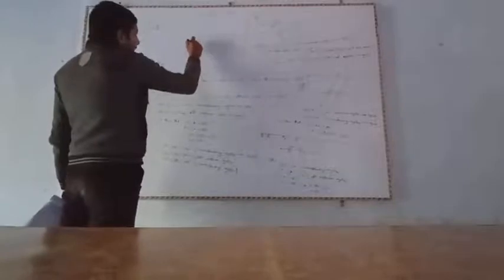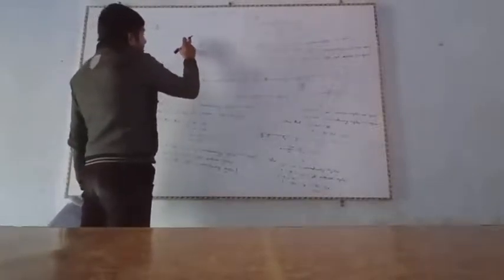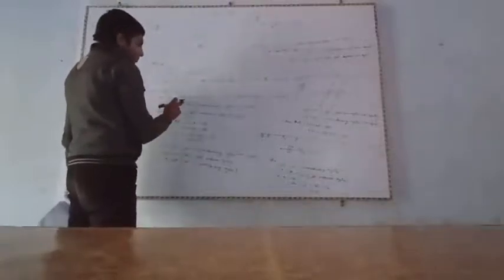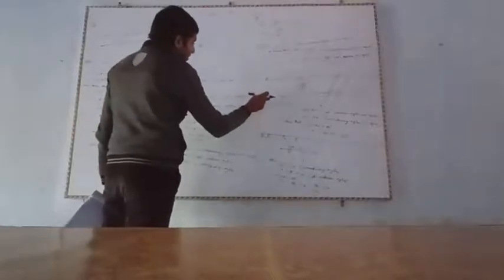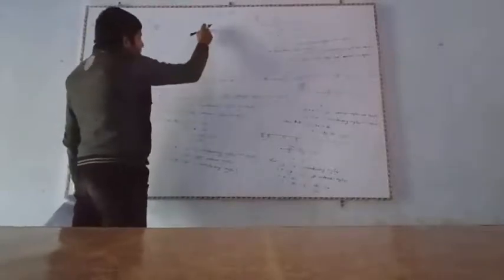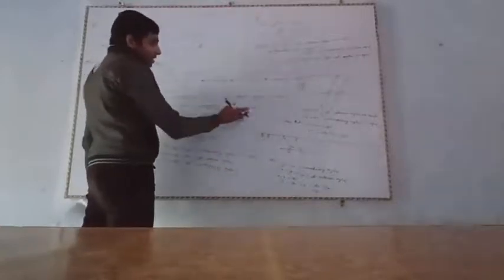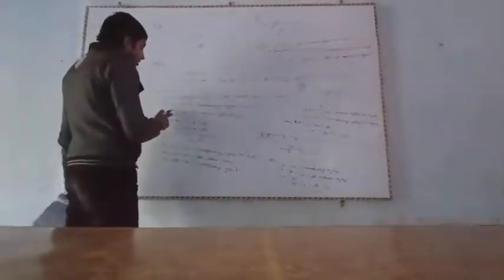So angle 3 is equal to angle 5 because of alternate interior angles. Here angle 5 is the alternate interior angle of angle 3. So angle 3 is equal to angle 5, which is equal to 60 degrees. And also angle 4 is equal to angle 6 because of alternate interior angles. So angle 1 is equal to angle 5 because of corresponding angles, and you already know that corresponding angles are equal.